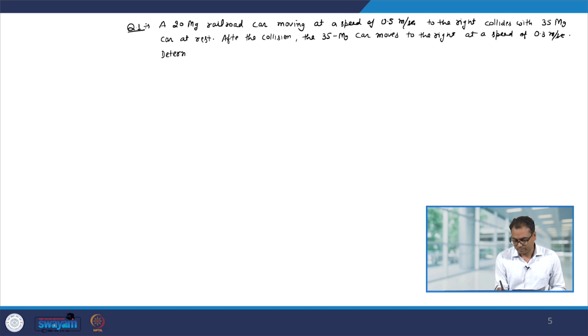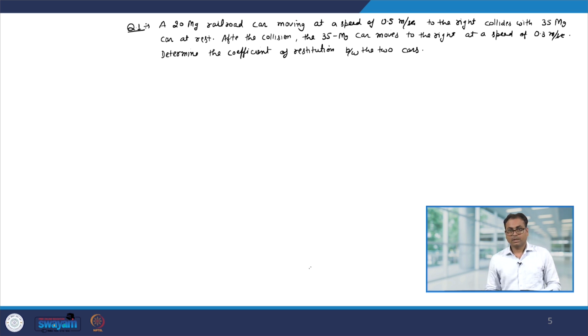Determine the coefficient of restitution between the two cars. Okay. Now, in this question